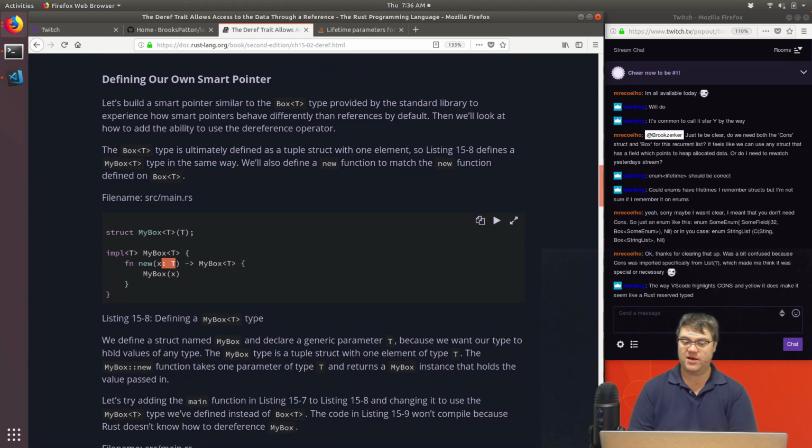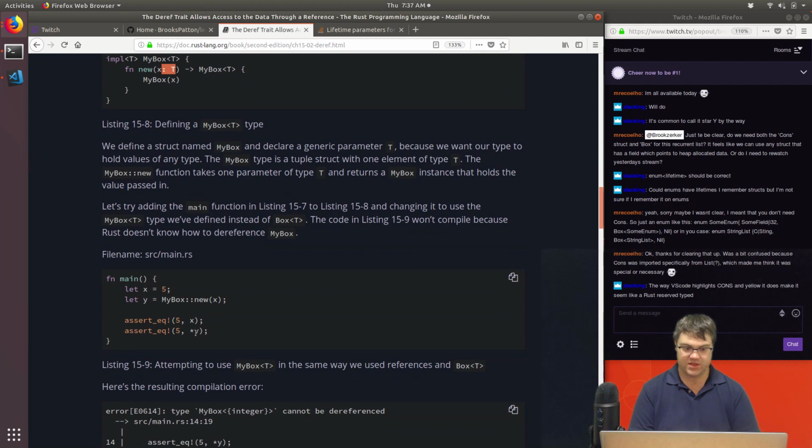We've defined a struct named MyBox and declare a generic parameter T because we want our type to hold values of any type. The MyBox type is a tuple struct with one element of type T. The MyBox::new function takes one parameter of type T and returns a MyBox instance that holds the value passed in. Let's try adding the main function in listing 15.7 to listing 15.8 and changing it to use the MyBox<T> type we've defined instead of Box<T>. The code in listing 15.9 won't compile because Rust doesn't know how to dereference MyBox,